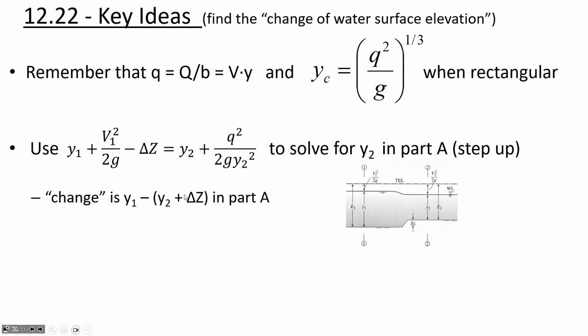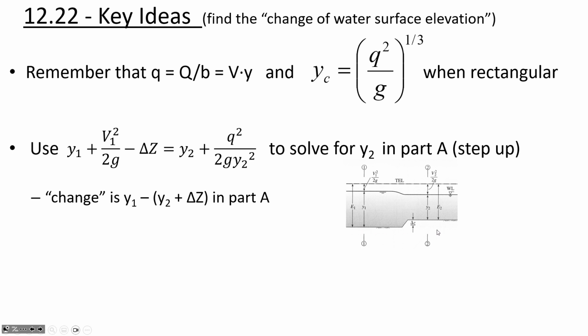So if it's the water surface that we want to know how much the water surface is changing, then we have to be a little bit careful about simply measuring. It's not just the depths that is affecting the water surface. And so we have to use a common datum at 1 and 2 to find how the water surface depth has changed. And so Y1 implies that we're using the bottom of the upstream channel as our elevation